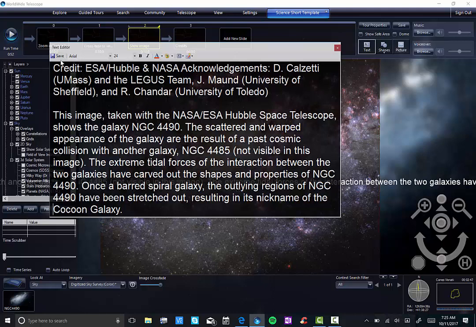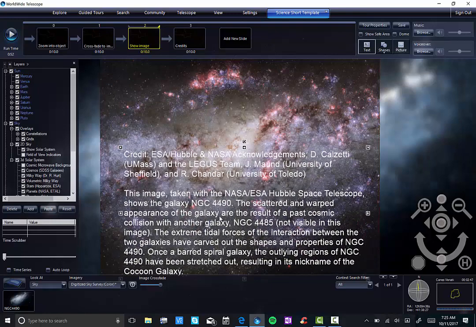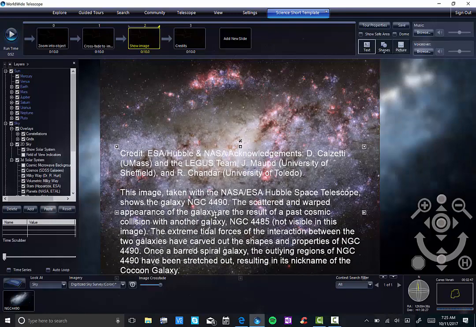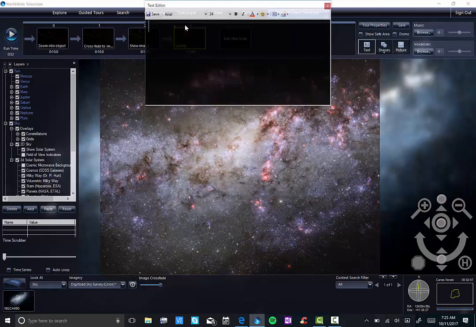Okay, so now when I say save, now it should show up as one. Now I'm not saying this is probably a little bit too much text for this sort of thing, but at least it gives you an idea of what this is. And then if I wanted to have a credit slide, I could put a credit slide here. I could say, you know, text credit, and